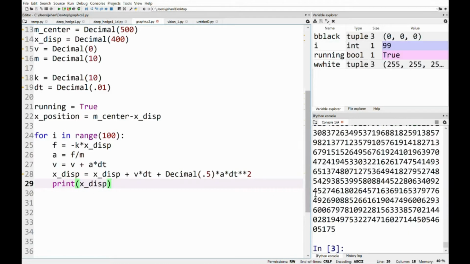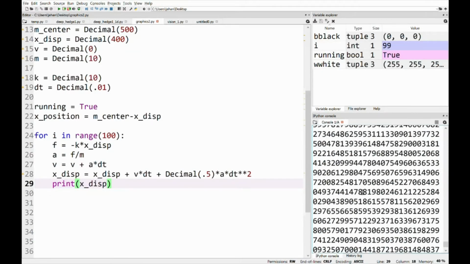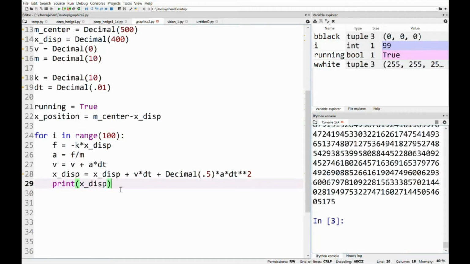And if we go over here, we have our displacement, and it's basically gibberish just because I'm using such high precision numbers, but that's not the important thing. The important thing is rendering this whole thing. So for event in